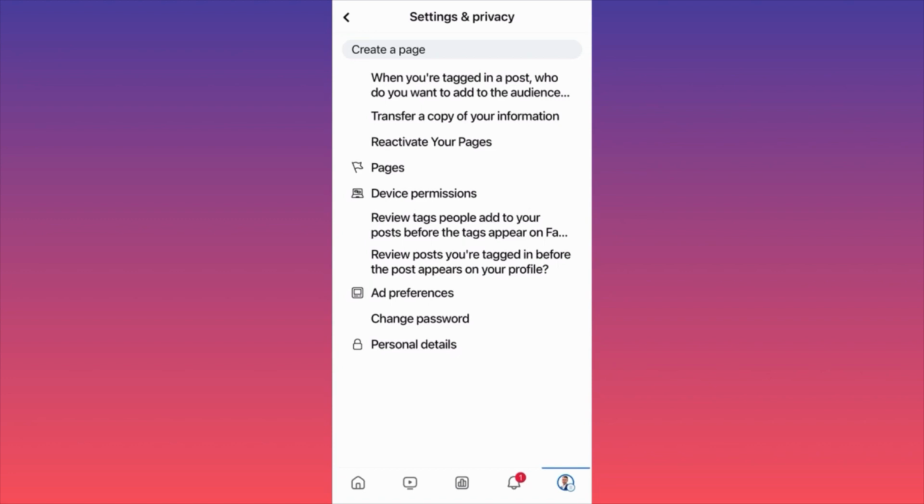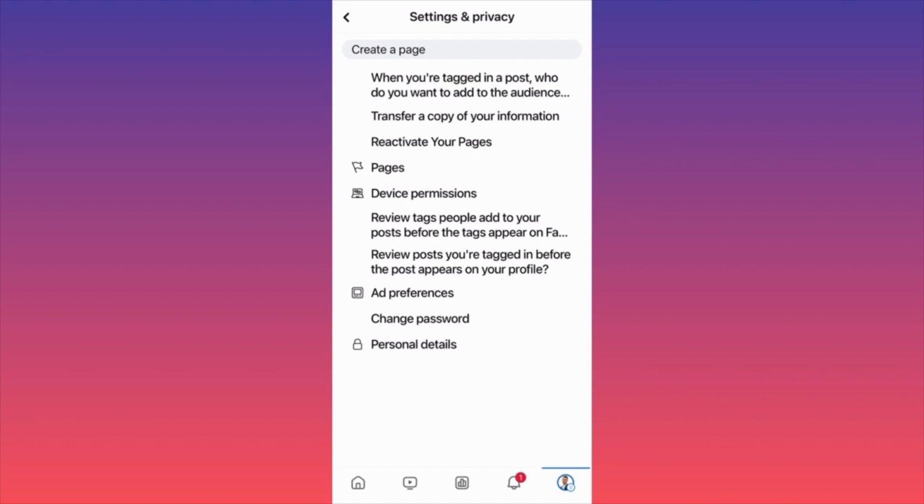Click reactivate your page. It will ask you which page you want to reactivate. Then you click on the page, and then you have to put in your credentials. It works the same way when you try to deactivate your Facebook account or Instagram account. The main difference is that when you do so, you will have a much shorter time frame to do so. And usually they will ask you for a second way to verify that it's you, while here